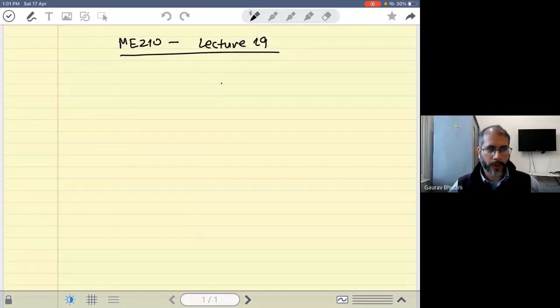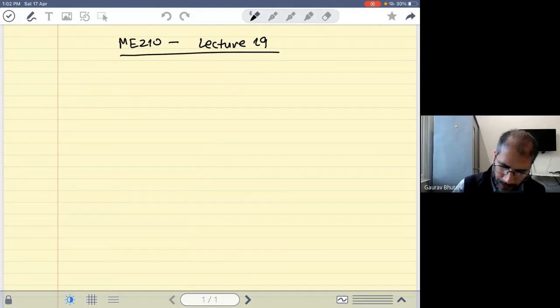In the last lecture, we started a discussion on dimensional analysis, and I mentioned the importance of this analysis. Towards the end of the last lecture, I told you about a theorem which can be used very effectively for reducing the number of variables in a given problem. Let me show you that theorem again. Let me write it down. The theorem is called the Buckingham Pi theorem.